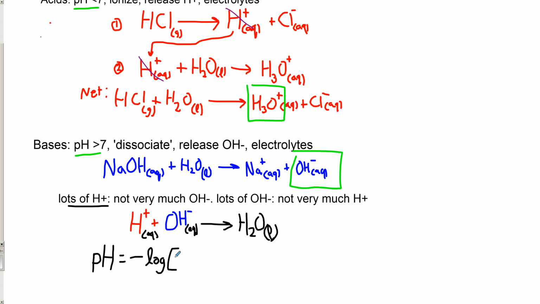So pH is negative log of the concentration of H3O plus. And if we want to go backwards, let me just put a little plus there. If you want to go backwards,